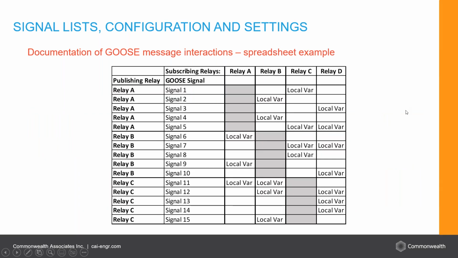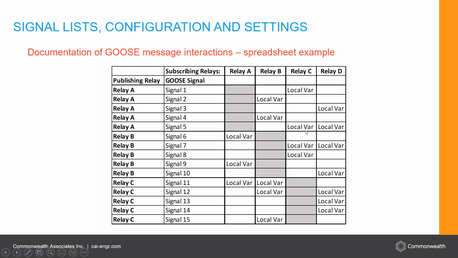The second way I've seen it documented is in spreadsheet format. So you have a list of your publishing relay, the GOOSE signal name, and then the relay here up at the top. So if you are a company or an entity that doesn't necessarily use logic diagrams in DWG form, maybe you have those in Excel or some other format, this may be a good way for you to document the message interactions, so you can see how the publisher relay, so relay A, this signal, relay C is a subscriber